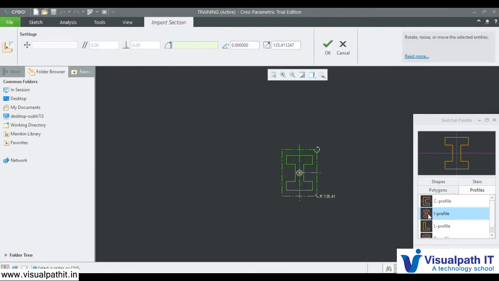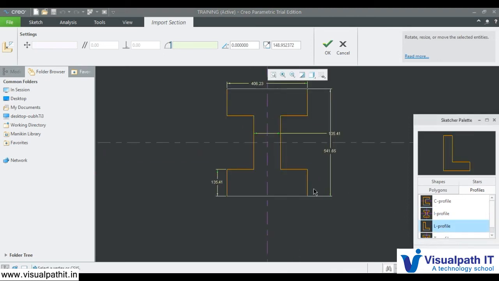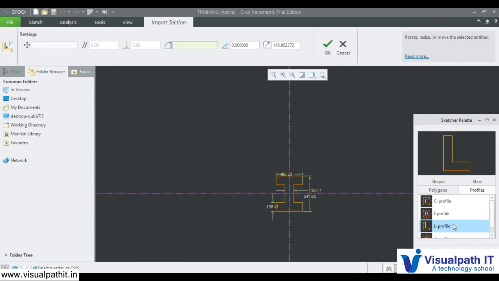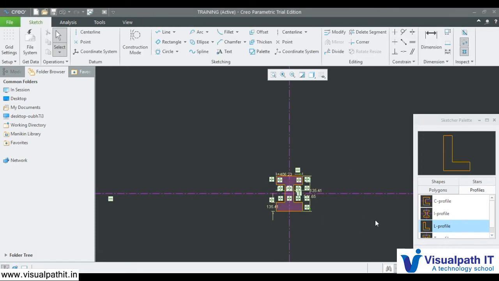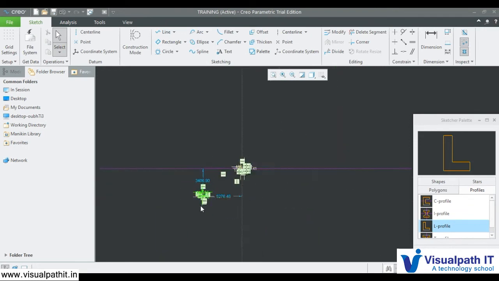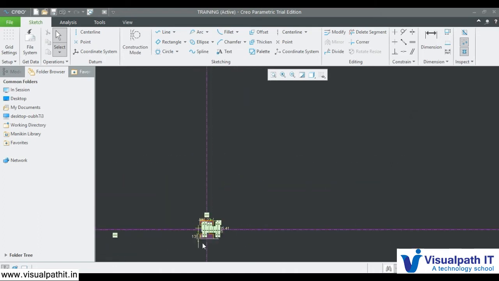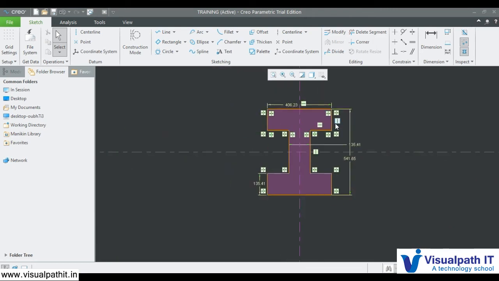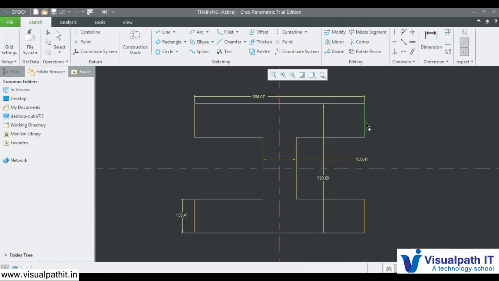If you don't know how to do that, Creo will always give you help. Click left mouse button to preview here. This is the preview. Double click left mouse button or drag and drop to select. Here I have this. Now I dragged it here. That's it. This is how I have my sections, my L section, I section, because I just dragged that. So this is the I section that I have by default.